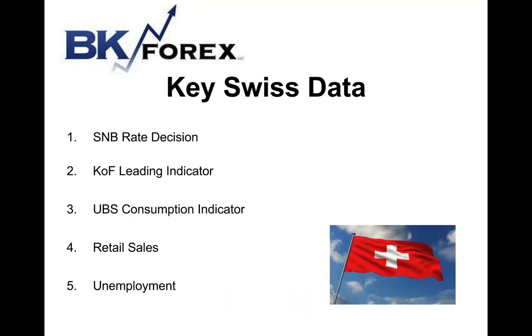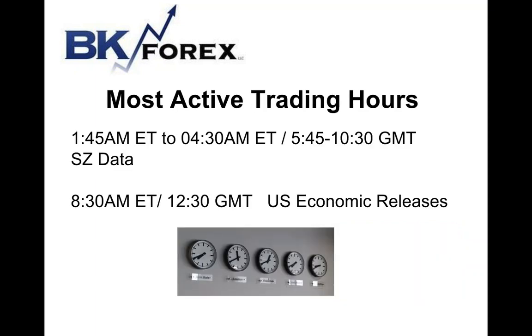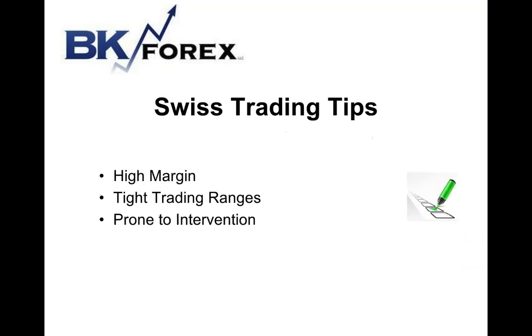And of course, the major key Swiss data points are the rate decision, the KOF leading indicator, retail sales. There's very, very little Swiss data that moves the market. The Swiss franc really moves on the following components, right? So then, we have the European time when the Swiss data is released, but it's very mildly market moving. And then, of course, we have the U.S. time when it's released. But it's really driven by a couple of things. First of all,